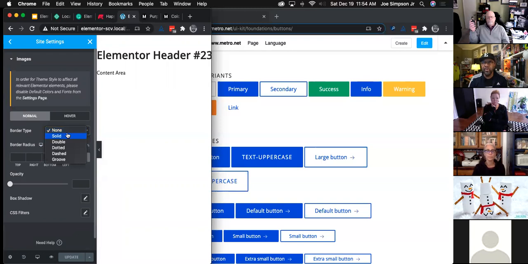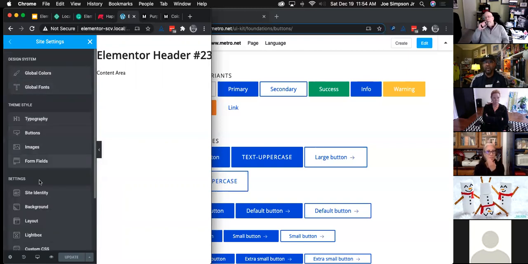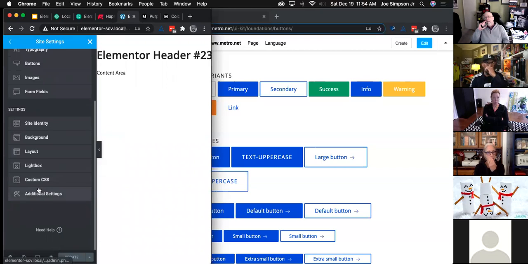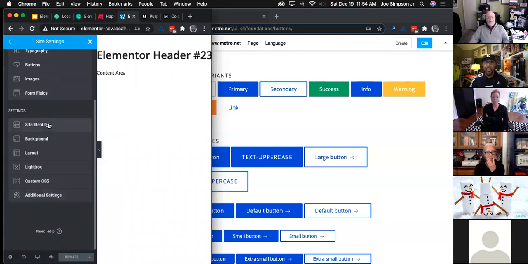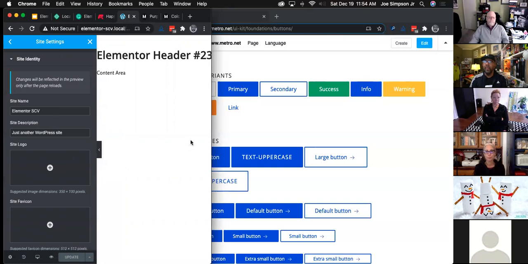You can add your borders. On our site, we don't really have borders on our images. But again, you have all that control in the site settings area, which makes it all global. And you walk through all of this information. You can also set your site identity. We can go ahead and do that at this level too. Let's just change it to